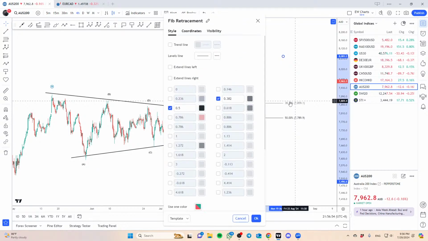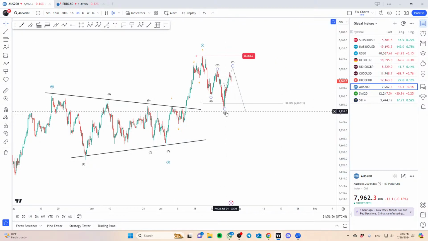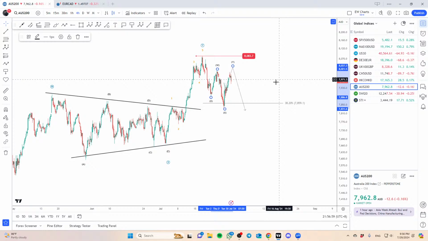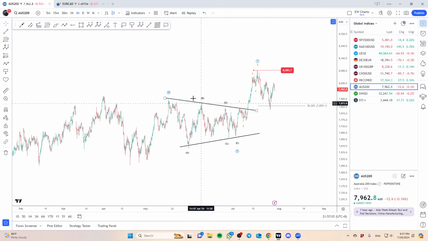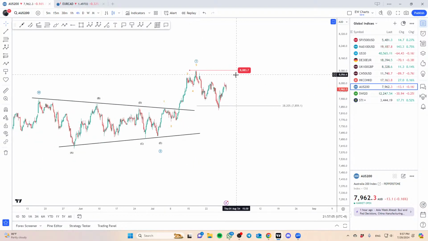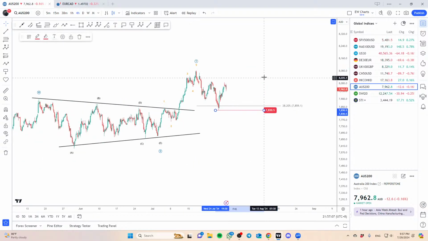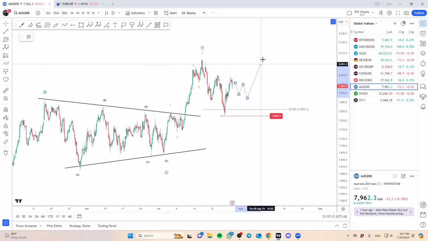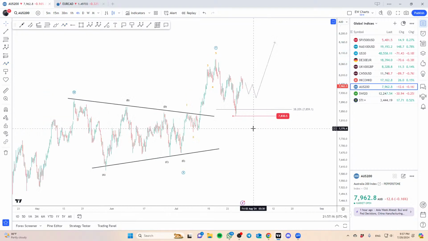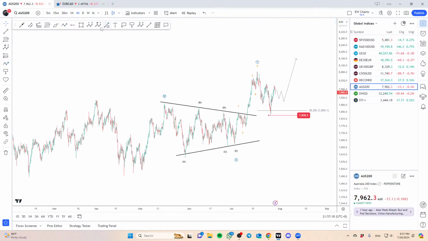Good. It bounced off that 38.2. Let me adjust this a little bit. Yeah, okay, so I think this one here, since we had a pretty decent bounce off that trade too, right? My take right now is that if we can get a corrective pullback, we're likely gonna start seeing more upside. Because that trade 2 bounce is pretty significant in terms of previous areas as well, right?